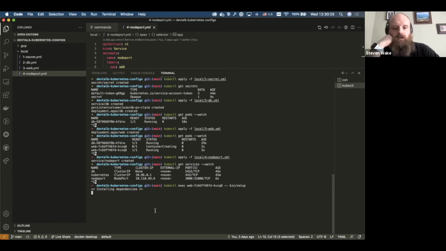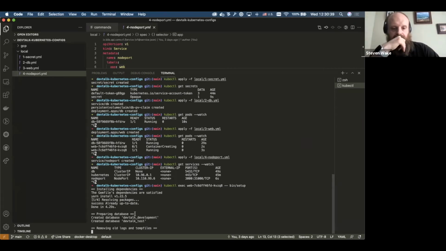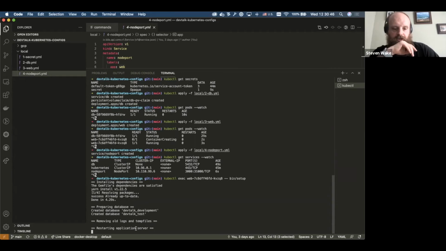So that's installing the dependencies, checking the Gemfile, yarn, prepping the database, creating the database, tidying some stuff up, restarting the server.